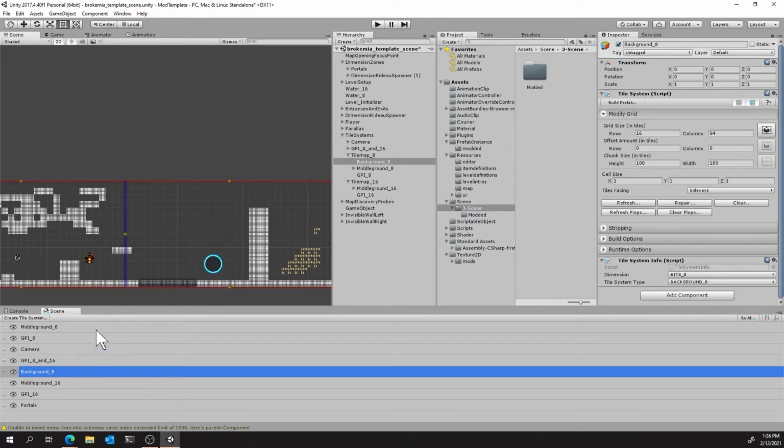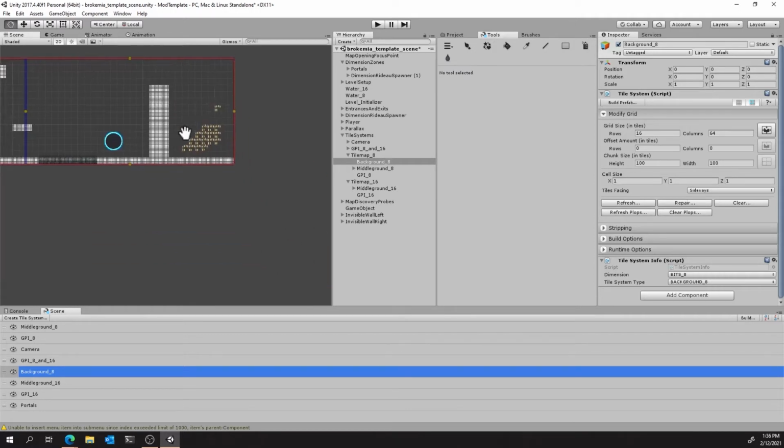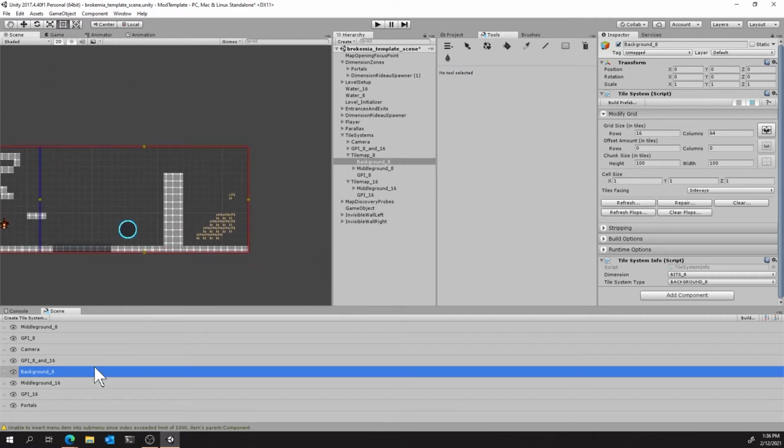So I'm going to go over using these layers to make a couple of things. I'm going to start out by adding a new room. So